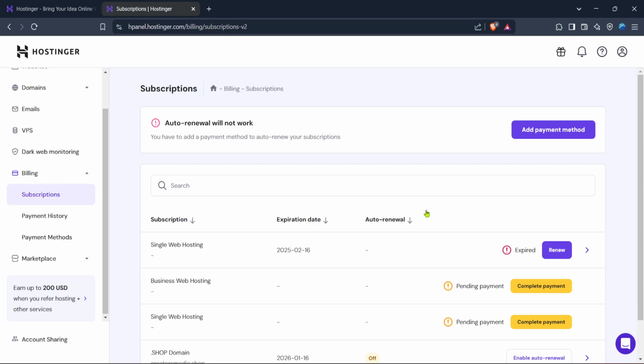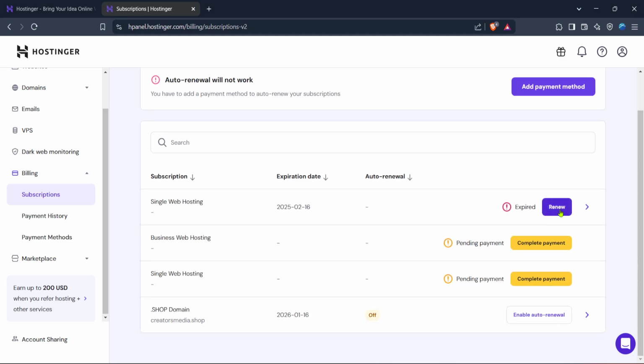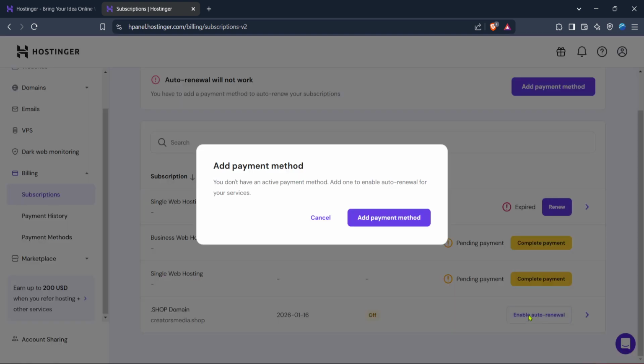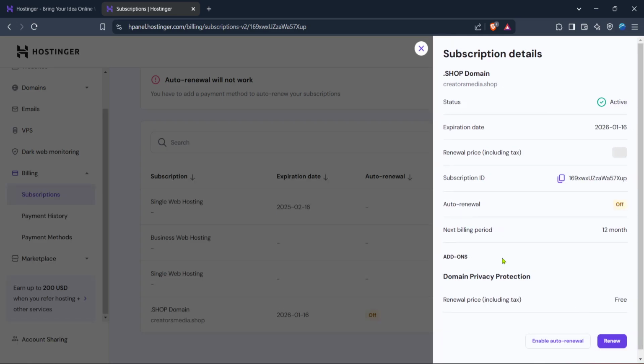Once you're in the billing section, look for an option that allows you to manage your subscriptions. There should be a visible toggle or button that indicates the status of your auto renewal feature. If the auto renewal setting is currently enabled, you'll want to disable it. Click on the toggle or button to turn off the auto renewal, and just like that, you've successfully disabled your Hostinger auto renewal. This means that when your current subscription runs its course, it won't automatically renew, avoiding any unwanted